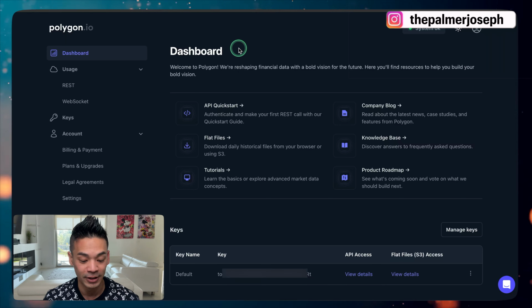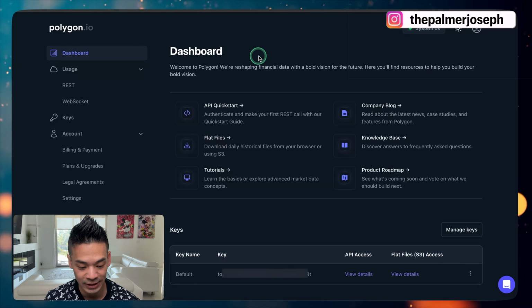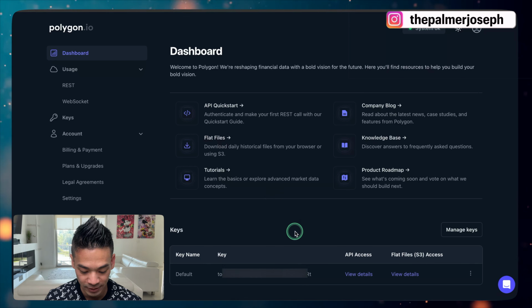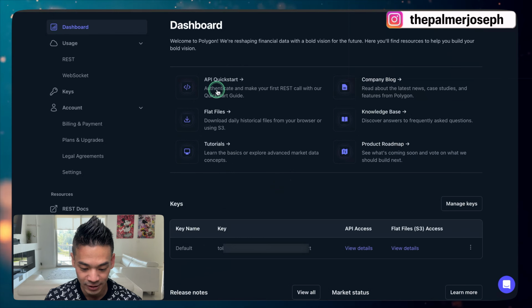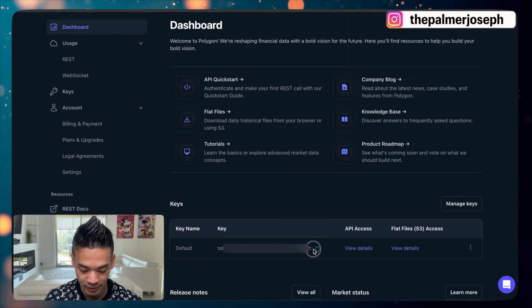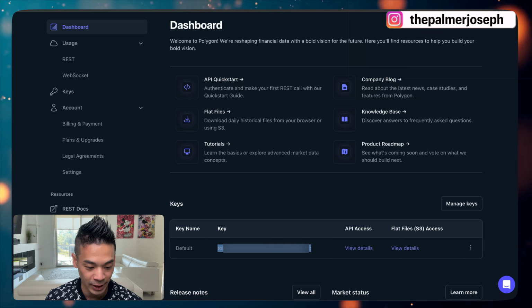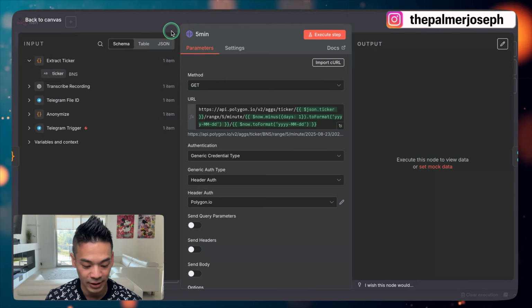Once you have that set up, this will be the dashboard, the homepage that you see. What we need to do is get our API key. As we can see, it's at the very bottom here. Obviously, just copy it as it is. Copy that. What we have to do is take that back into N8N, and we need to create a header